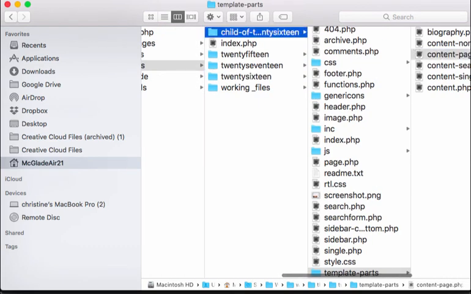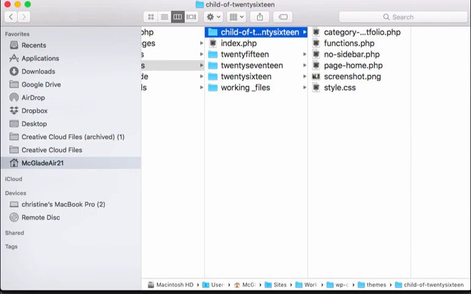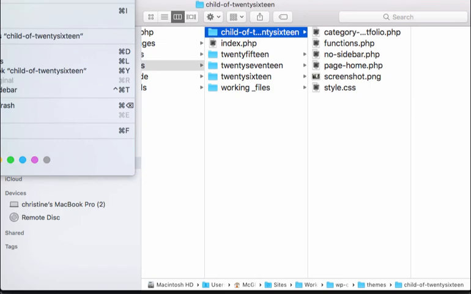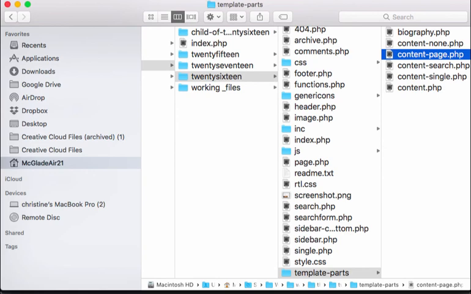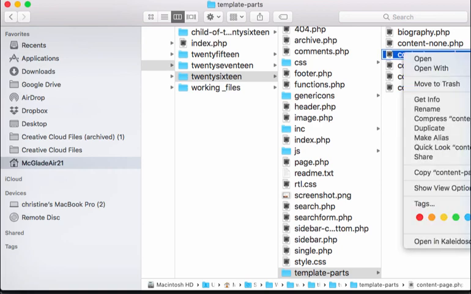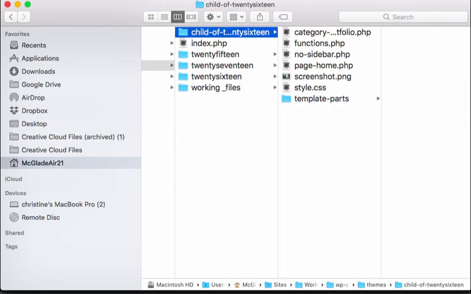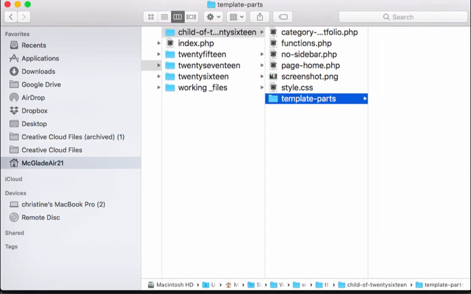Before we do that though, we want to replicate this directory structure in our child theme. That means we need to make a folder called template-parts. Now it's just a folder, so you don't need to copy that from 2016. You can just make one. Now we're going to go into the template parts folder in our parent theme. We're going to copy content-page. We're going to paste it